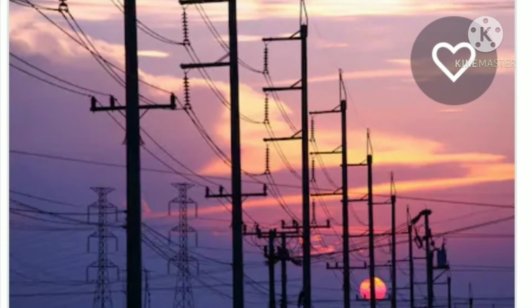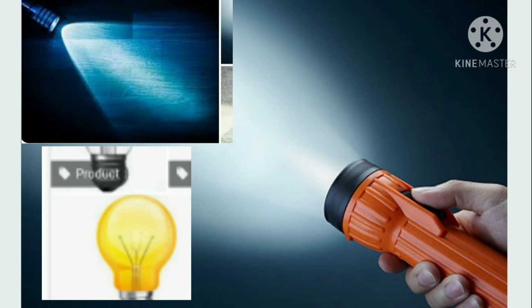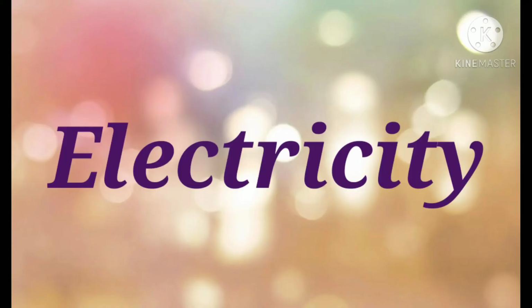However, supply of electricity may fail or it may not be available at home places. In such situations, a torch is sometimes used for providing light. A torch has a bulb that lights up when it is switched on. Where does the torch get electricity from? So children, first of all, you should know what is electricity. Because modern life seems to be impossible without electricity.